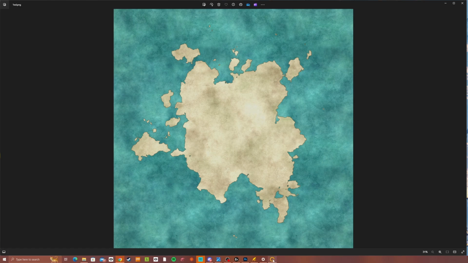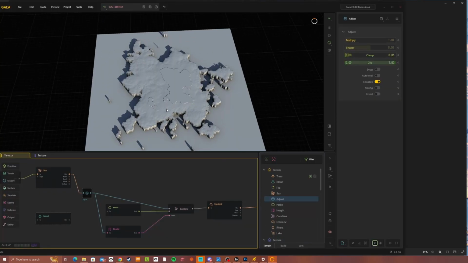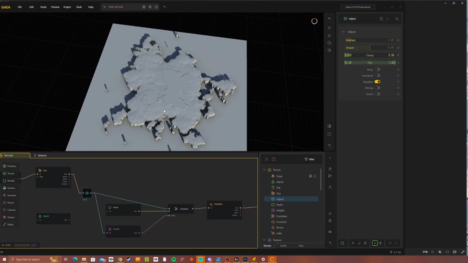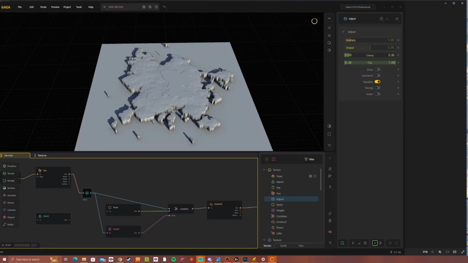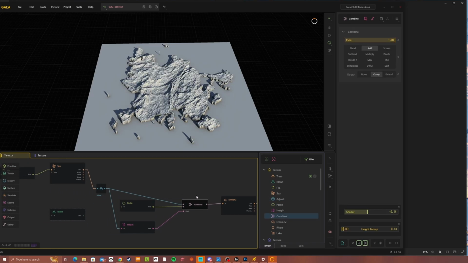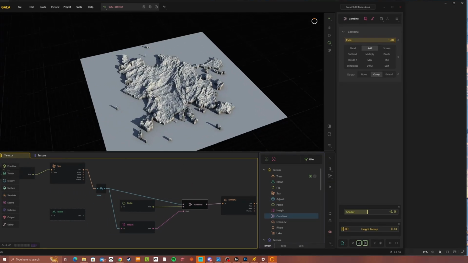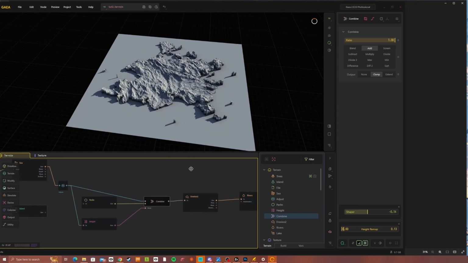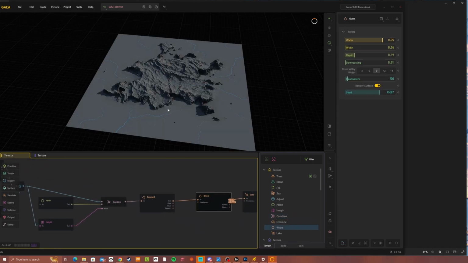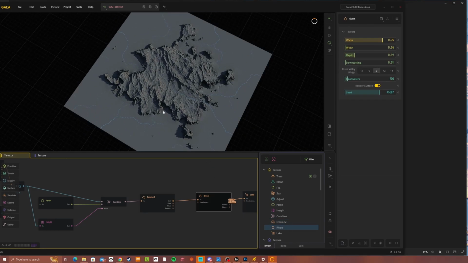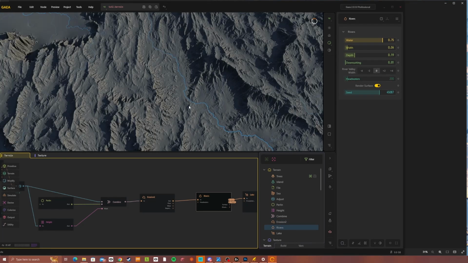So if I quickly hop over to Gaea, you can see here that we have this flat starting point. We can add in some noise, and I'll go through how to do this in more detail later on. But essentially by just adding the noise, then simulating the erosion, then simulating the rivers through this eroded